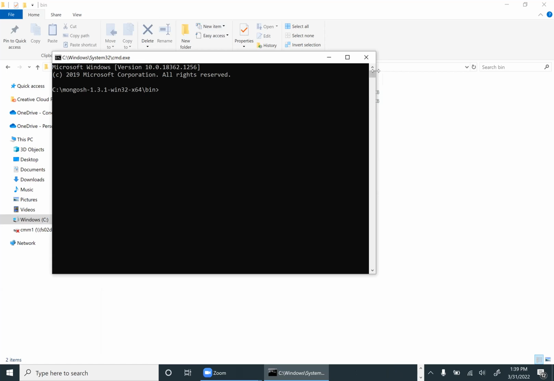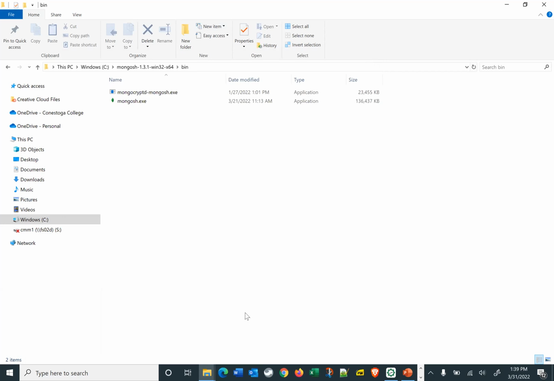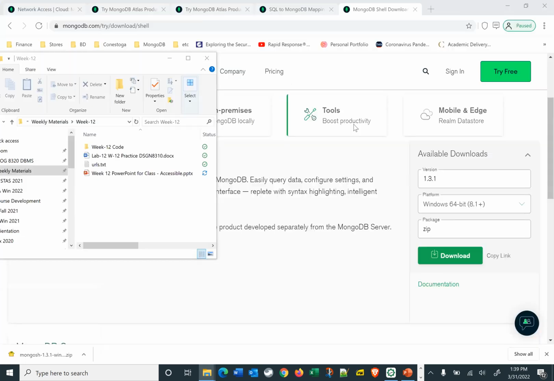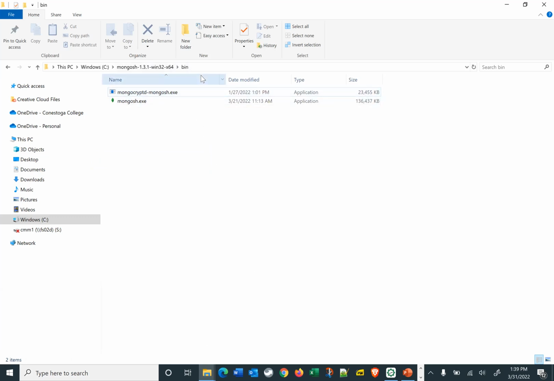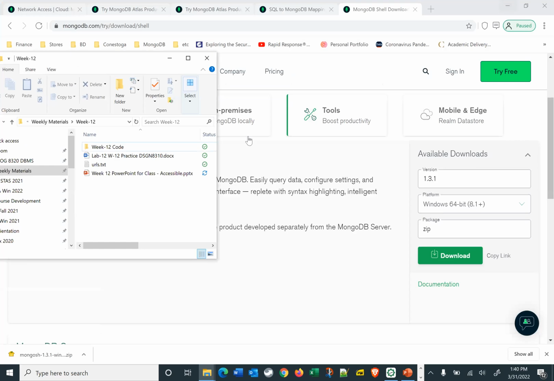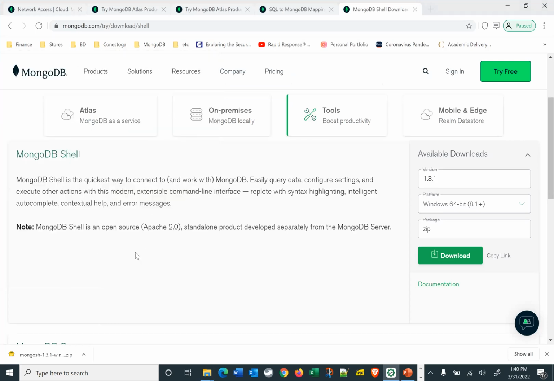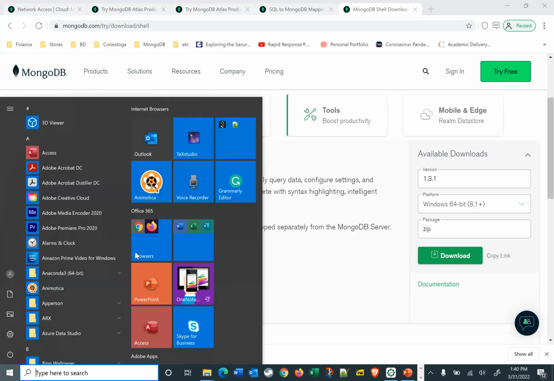Then you can connect. But I'm not going to do it that way, for efficiency. You can do it by adding the path. So go here and copy this path. You can copy the path from here, or just select it and copy path from here. So it will copy the path, right? Now, let's go back here. Touch the Win logo button and just type edit